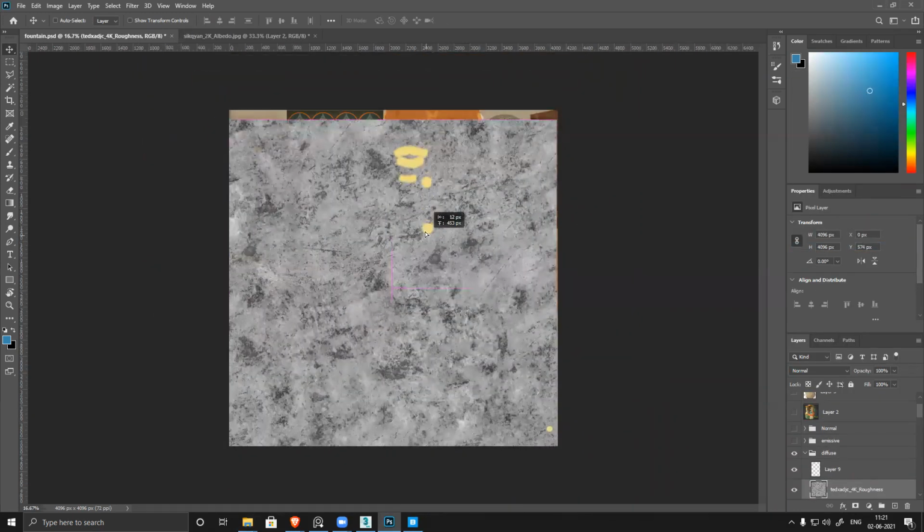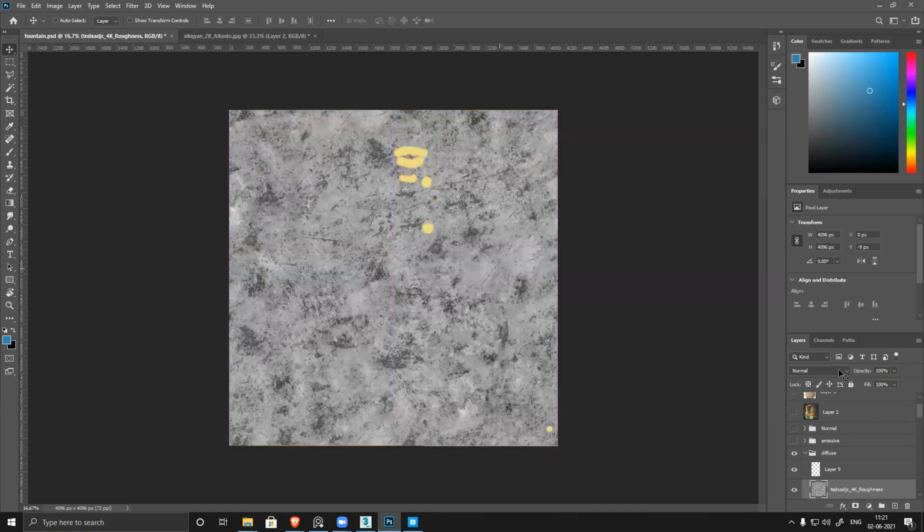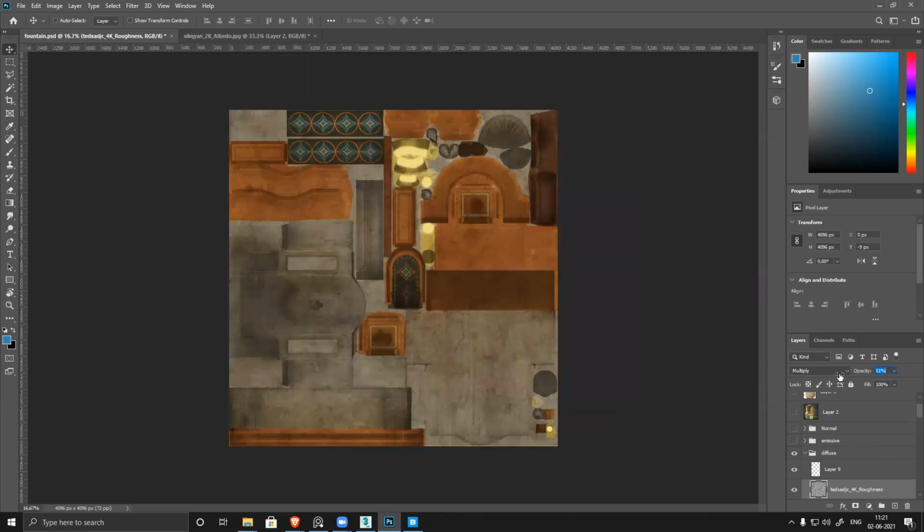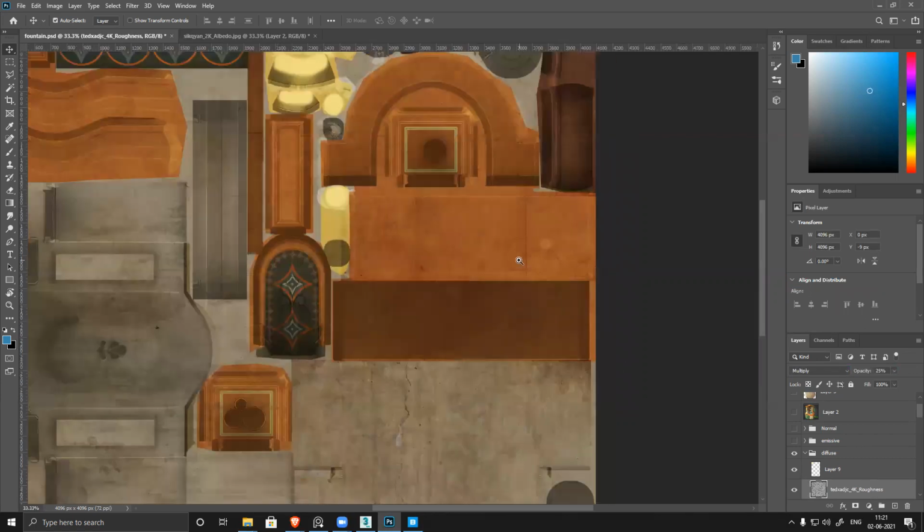Rasterize the layer. But this is making everything dark. Reduce intensity. Slight imperfection, you can see.